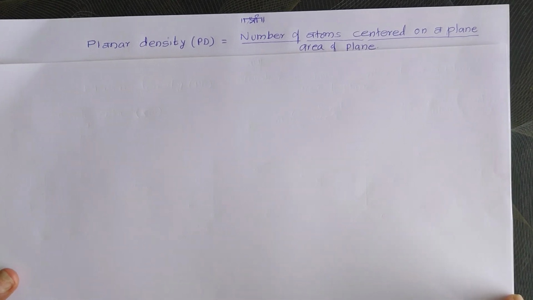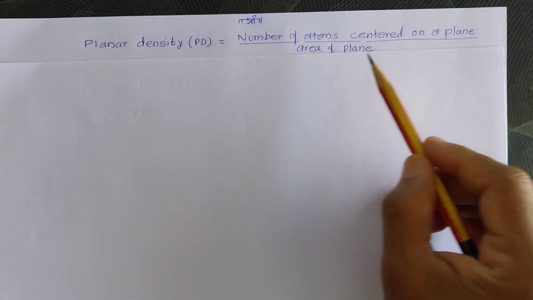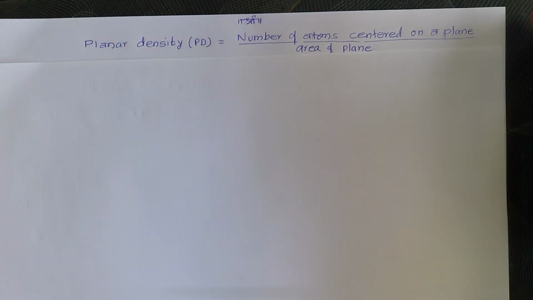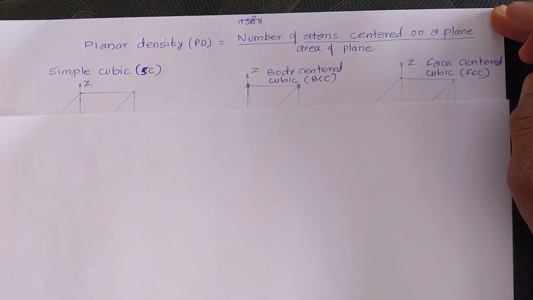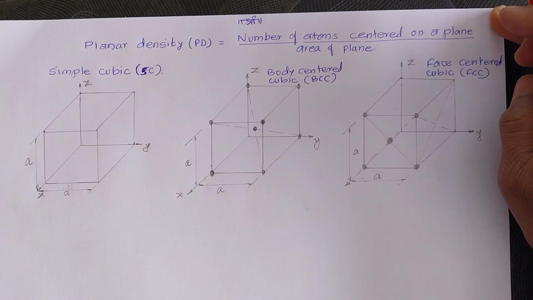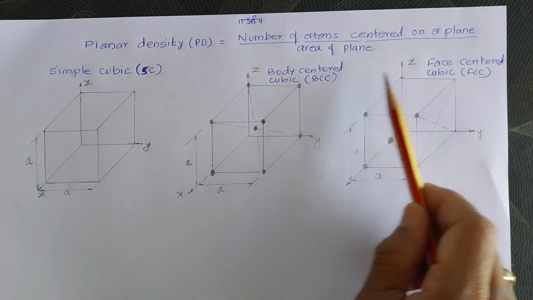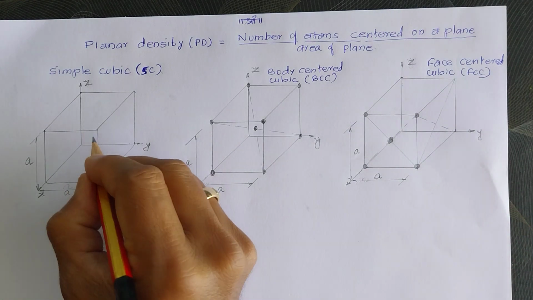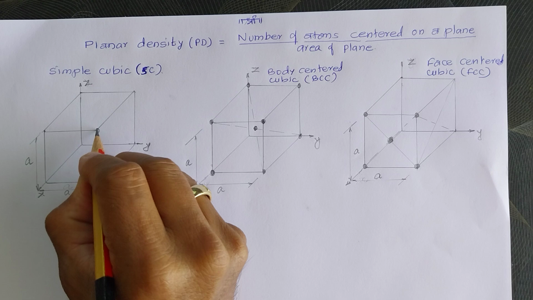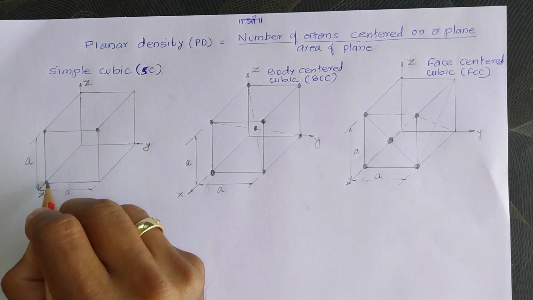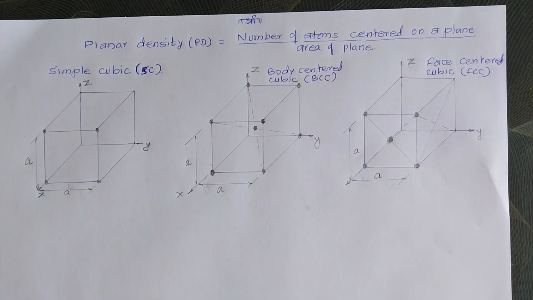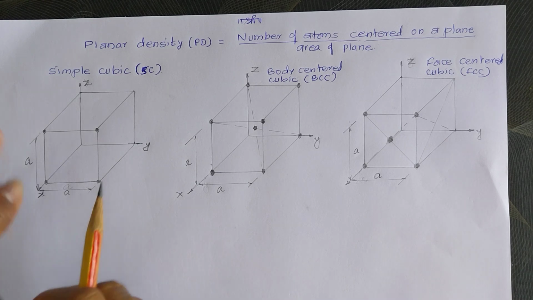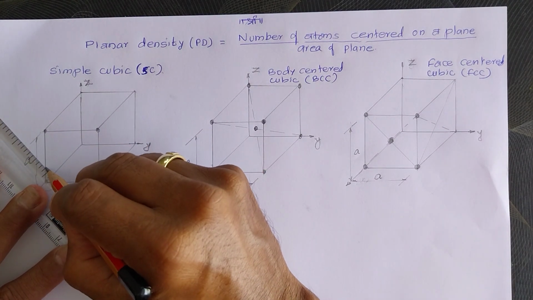Planar density is actually a ratio of the number of atoms centered on a plane divided by the area of the plane. When we talk about the cubic system, there are the simple cubic structure, the body-centered cubic structure, and the face-centered cubic structure shown here. In the simple cubic structure, we have atoms at the corners of a cube, and in this particular case the 100 plane is the one which is